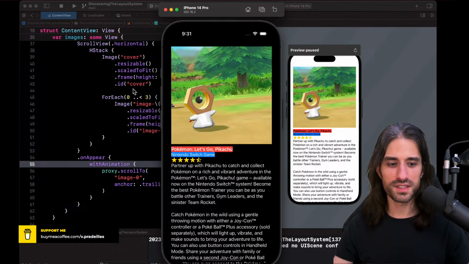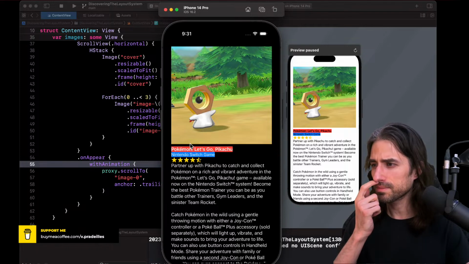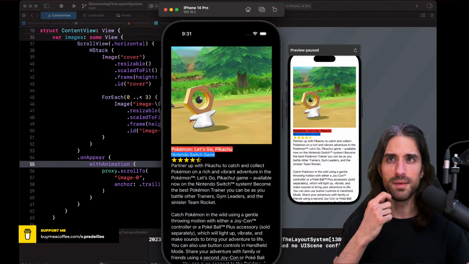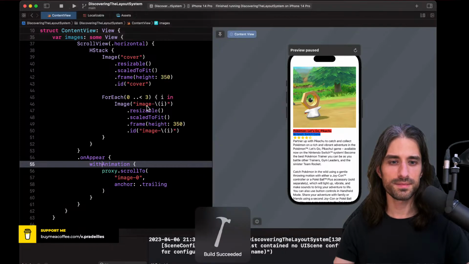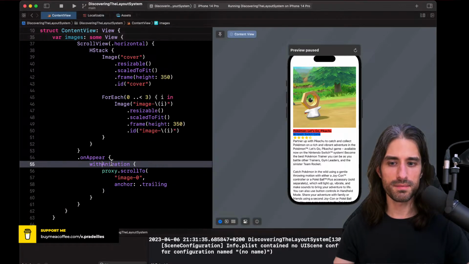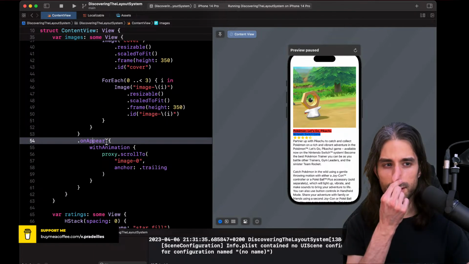So normally we should have seen an animation. Why don't we see an animation? Did I forget anything? Let's see. I'm looking at the finished version of the code just to see what I missed. Okay, I am not 100% sure why it does that, but it's probably because it's on the very first onAppear.